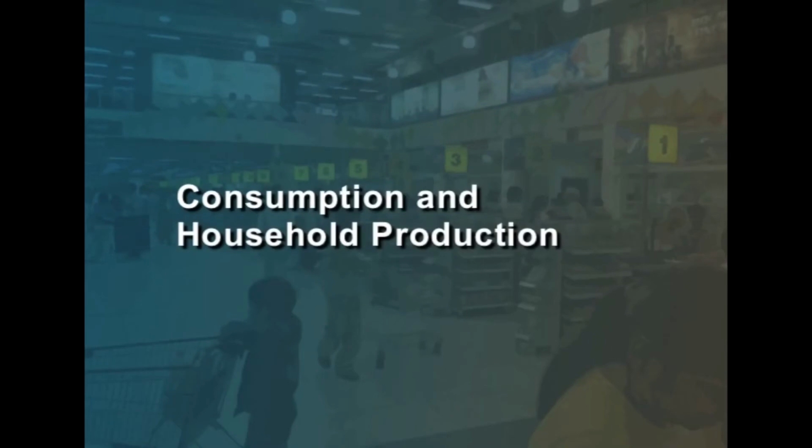Consumption and household production. Consumption, as we have defined it earlier, is the only final purchase of goods or services. Many economists have defined consumption in different ways. Consumption is defined in part in comparison to production. So, consumption has been defined in various ways, one of which we have already seen as an aggregate of all the economic activities, which does not include the design, production, manufacturing and the marketing of the goods.